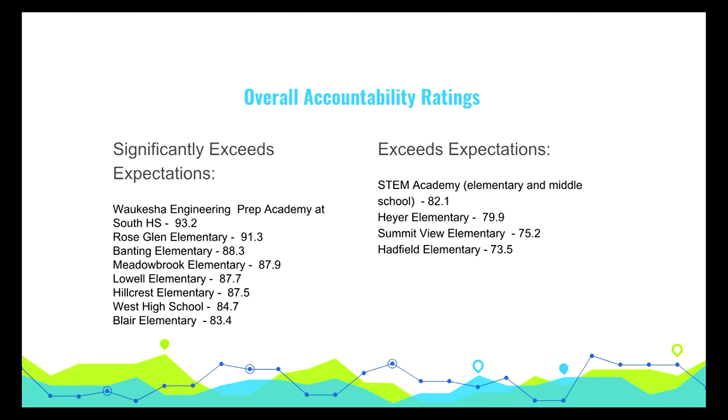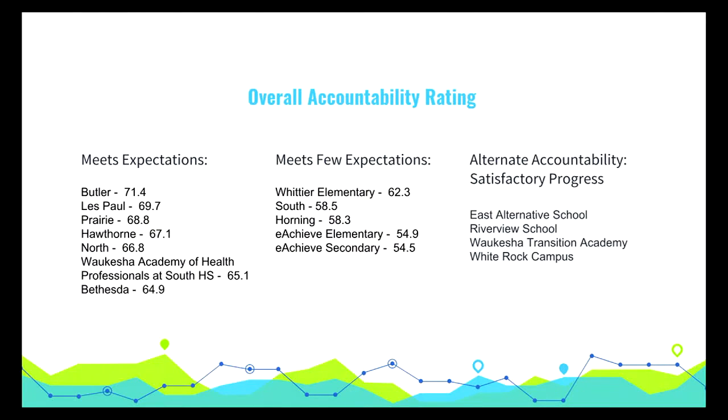For the purposes of report cards, our academies at South are each a separate school, and then our STEM Academy is considered one school. Clarify that. So, and then on the meets expectations or meets few expectations,